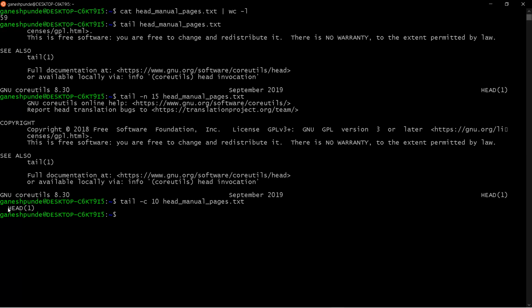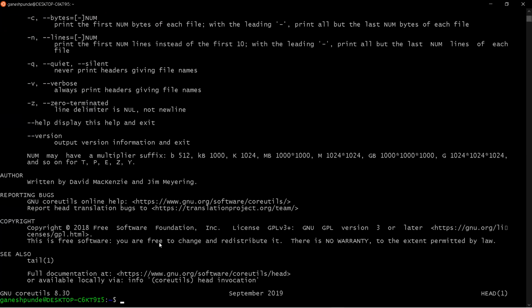So you can see the last 10 characters, right?